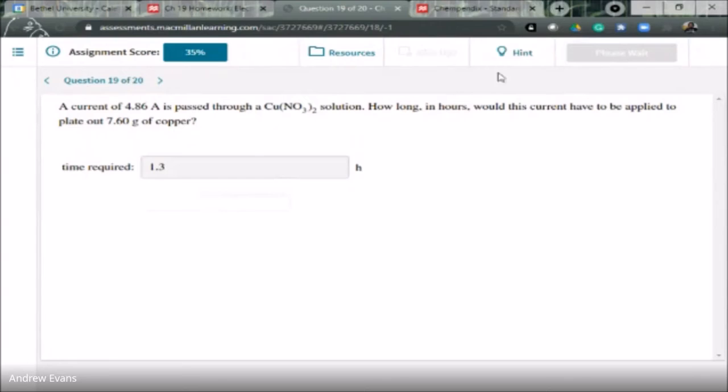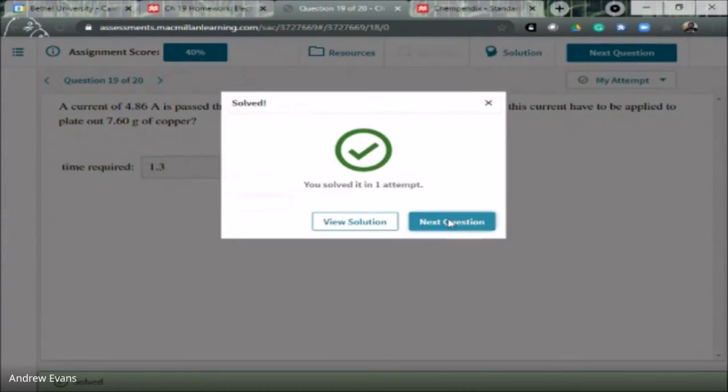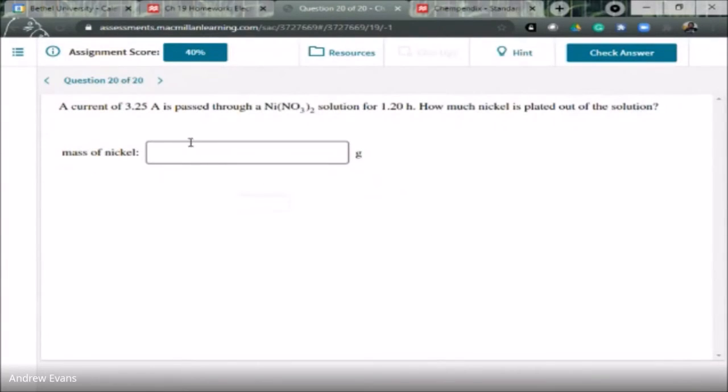Now, as I said, the last one is another one just like this. I'm not going to do this. They give it current. It's nickel 2 plus. They give you a time in hours, and they want you to find the mass. Once again, the only problem here is you have to turn hours into seconds. Otherwise, it won't work. Because current assumes